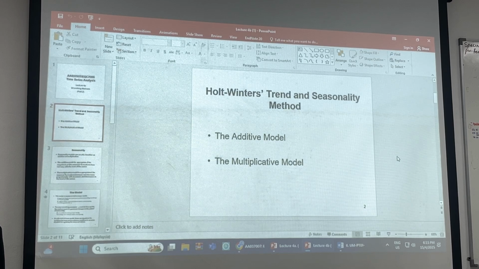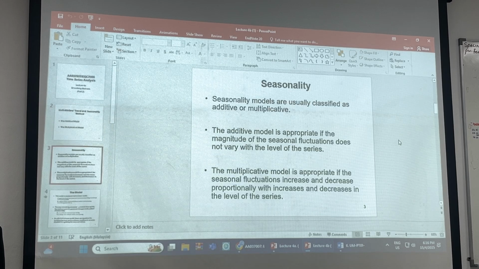Now we go to the next model, for the case of a series that has seasonal variation. So we have trend and seasonality: the Holt-Winters additive as well as the Holt-Winters multiplicative model. Seasonality models are usually classified as additive or multiplicative, just like what we discussed in the earlier lecture on classical decomposition. So we have additive